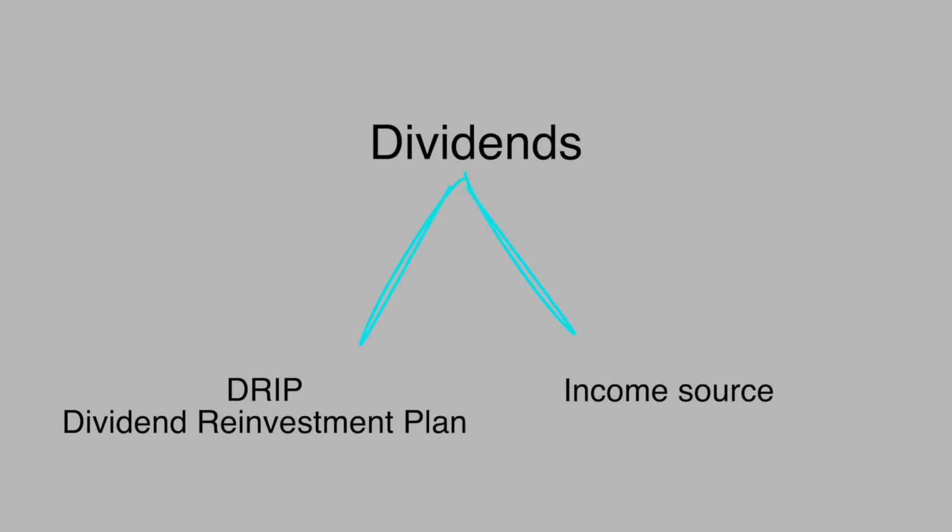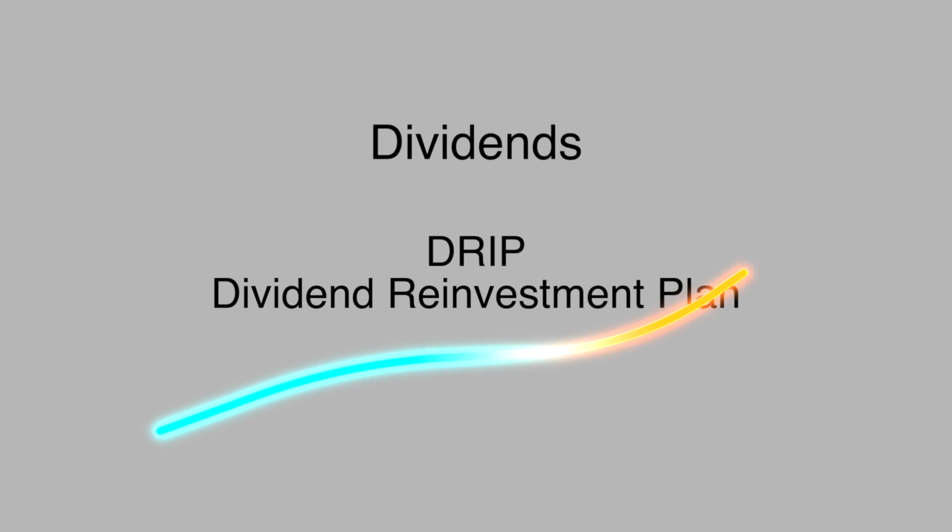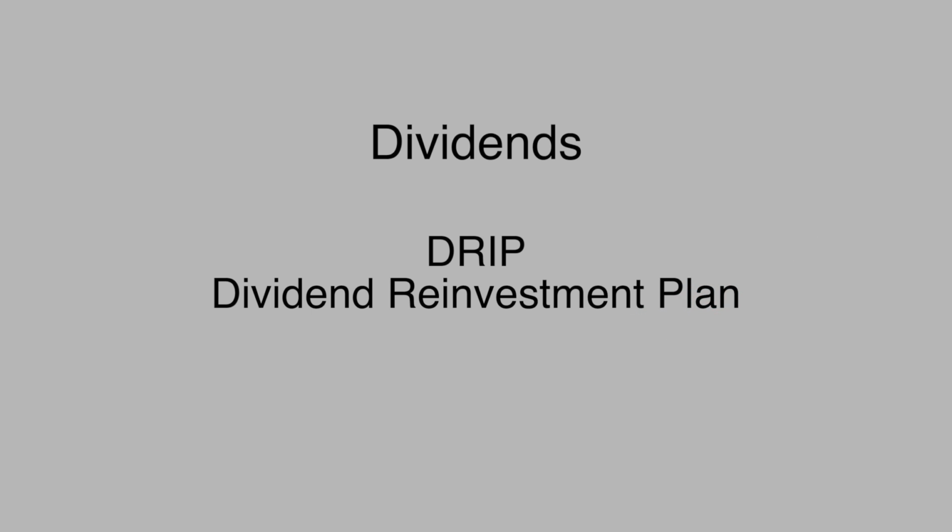Now, understand that DRIP doesn't necessarily have to be used. Sometimes you may be able to use the dividend that you're paid for your regular expenses. So it can become an income that you actually use to buy things, groceries, or whatever that might be. But if you really want your money to grow and let it compound at an exponential rate, then you want to let DRIP work, and that is turning on the reinvestment plan. Not all portfolios come with this by default, where some may have it as default. You have to check with your broker, and some will require that you actually turn it on for individual stocks that you own.